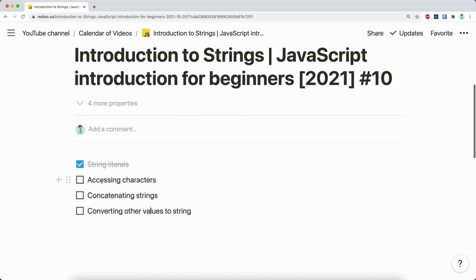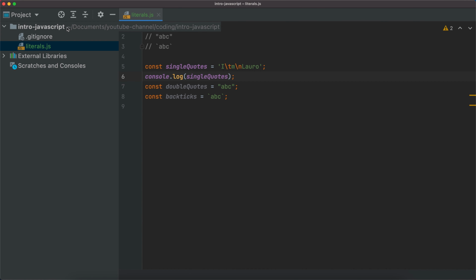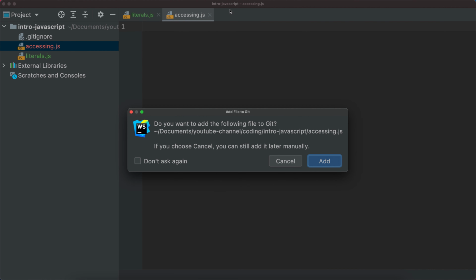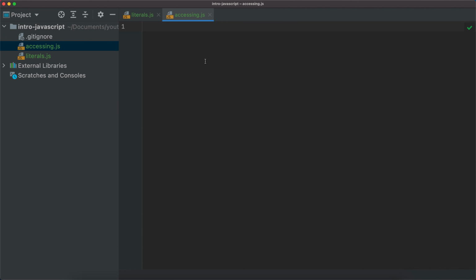Let's now talk about how we can access characters within strings. So new file here, and let's call it accessing. Just the first word, because I think there will be no conflicts there. So how do we access characters within a string? Let's start by typing our string. My string is ABCDE, for example,